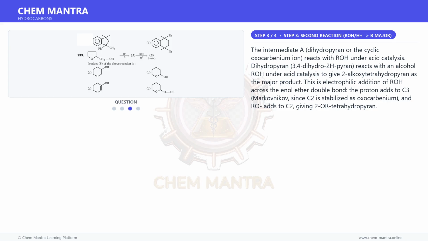Moving on to the next step. The intermediate A, dihydropyran or the cyclic oxocarbenium ion, reacts with ROH under acid catalysis. 3,4-dihydro-2H-pyran reacts with an alcohol ROH under acid catalysis to give 2-alkoxytetrahydropyran as the major product. This is electrophilic addition of ROH across the enol ether double bond. The proton adds to C3, Markovnikov, since C2 is stabilized as oxocarbenium, and OR adds to C2, giving 2-OR